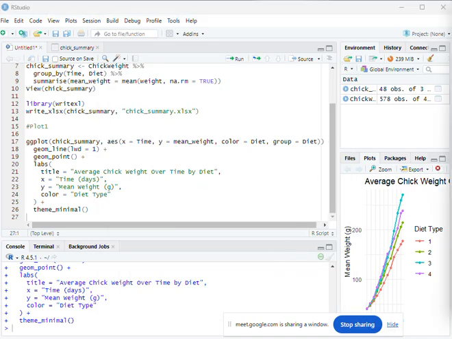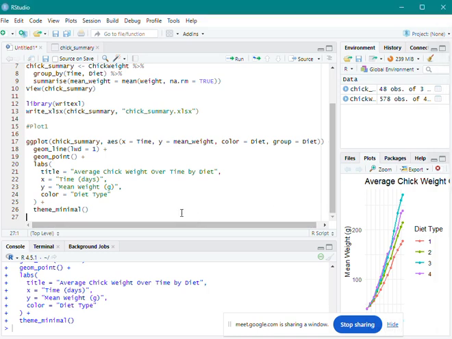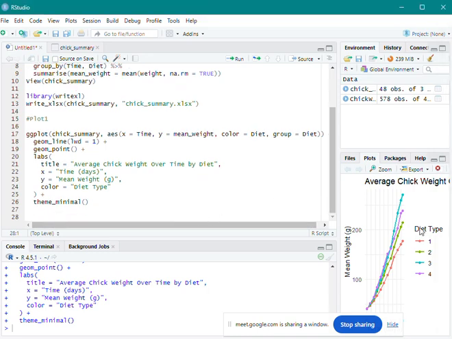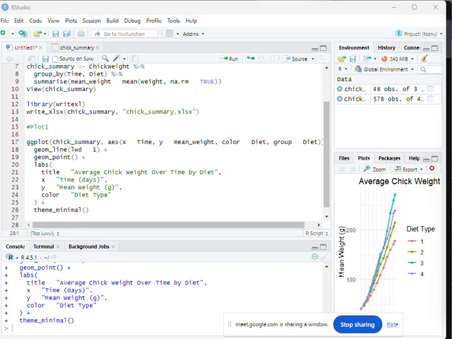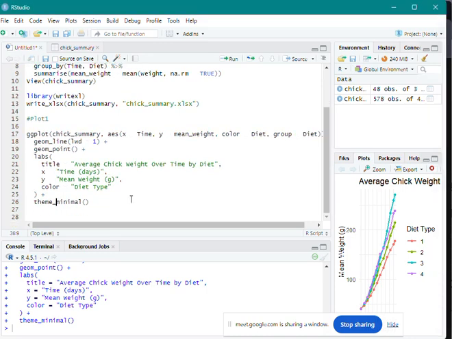And then our plot two is the distribution of chick weights by diet.